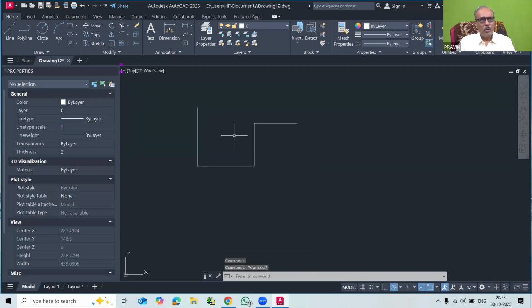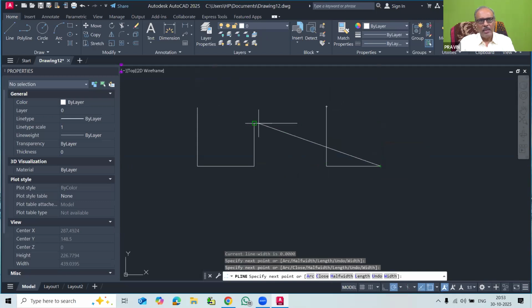A similar object you can also draw using the polyline command. So here we can also try the polyline object. I have started the polyline command, and then I have just tried to draw. Again I will do the object tracking and draw the same object. So you can see that this is the line drawn by the polyline command.